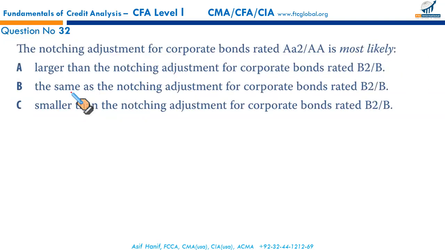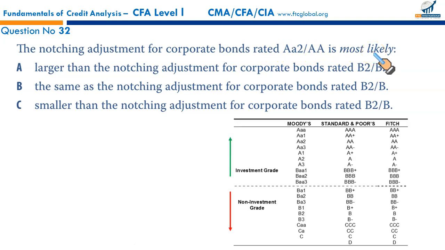Next, the notching adjustment for corporate bonds rated AA2A is most likely. Now let me first show you the rating schedule. Now we are right here, AA2, AA. So remember, as a general rule,